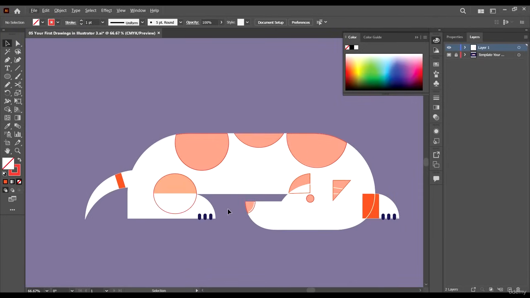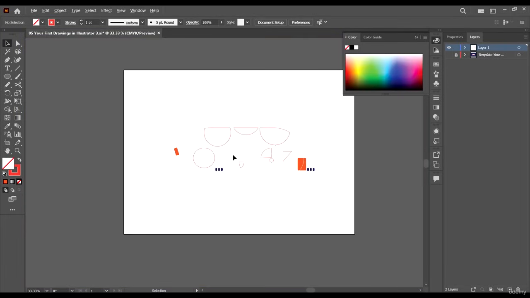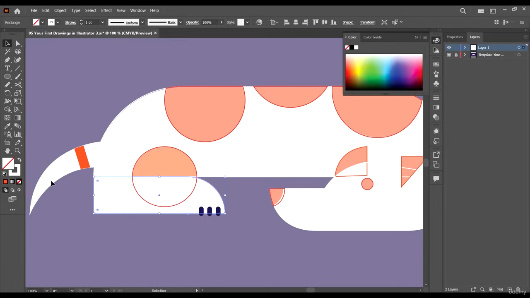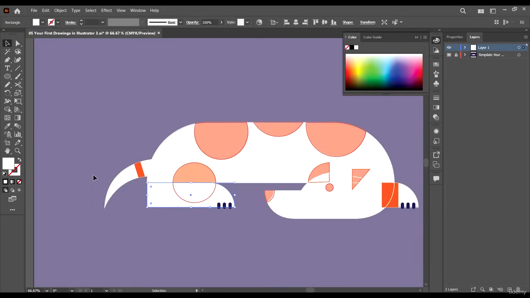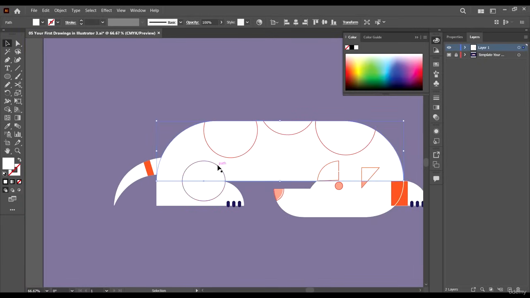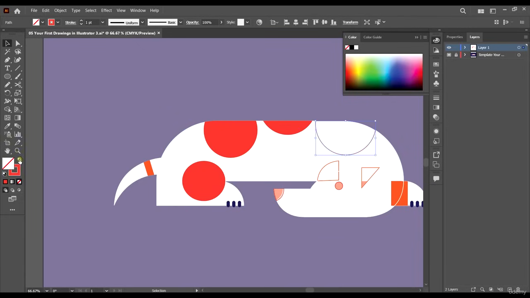So all we then need to do is swap back our colors. I'm just going to disable our shape here. Let me just enable it so as to see what's going on. So come here, swap our colors back. Come here, swap back.